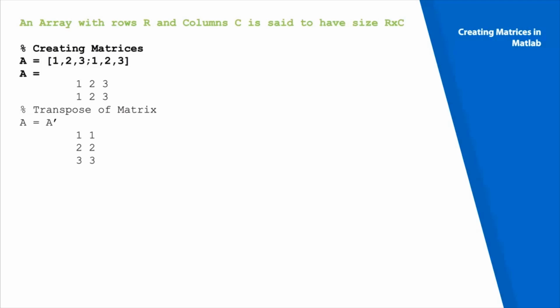The most direct way to create a matrix is to type the matrix row by row, separating the elements in a given row with spaces or commas, separating the rows with a semicolon, and enclosing all the elements with the concatenation operator, that is the square brackets. As seen before, the transpose operation interchanges the rows and the columns. In the case of a two-dimensional matrix, transpose is again performed with a single quotation mark as shown. The rows become the columns and the columns become the rows. Here the row 1 2 3 is transposed into a column 1 2 3.